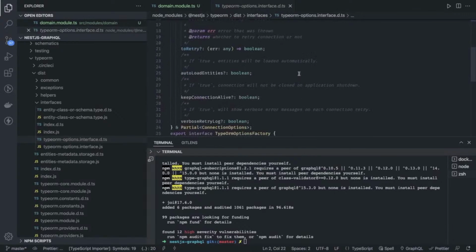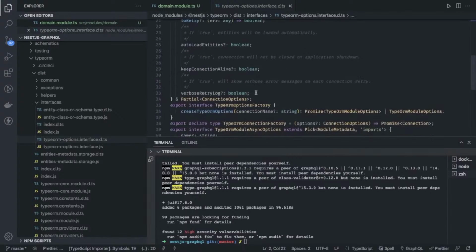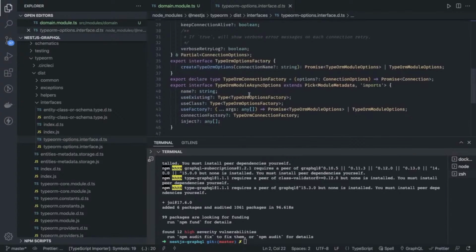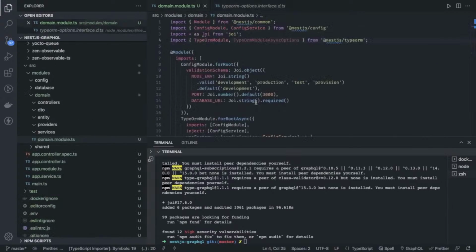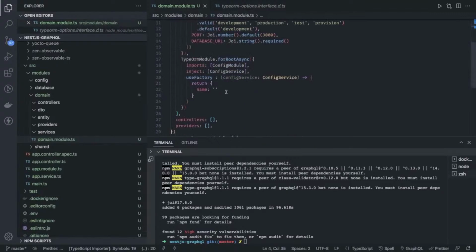The connection options is the object which we need to pass to initialize this module. Let's see, what all things do we need? We need the name of the connection, which is, let's say, default, and I will pass type. Type is Postgres, because we need to tell TypeORM, okay, my database is Postgres,